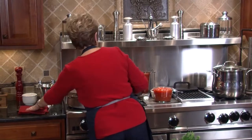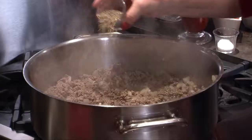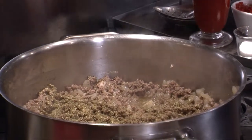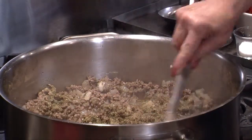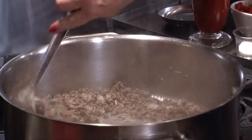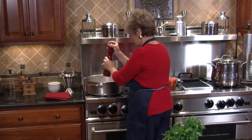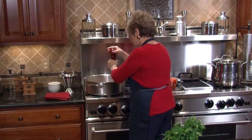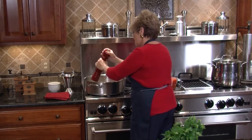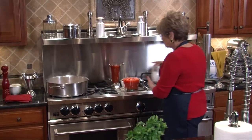All right, time to do some seasoning here. Let's grab my Italian seasoning. I'm going to put about 2 tablespoons in and get that in. Give it a little stir. Going to put a little fresh ground pepper in, and this is to taste. We're going to take a little sample in a few minutes once we get our tomatoes in, and we'll see if we need to add any more. Some salt,